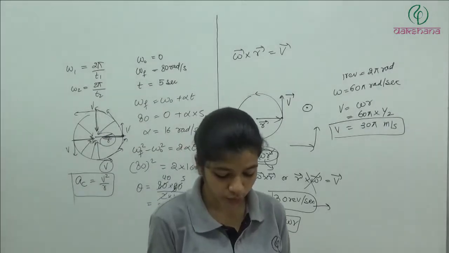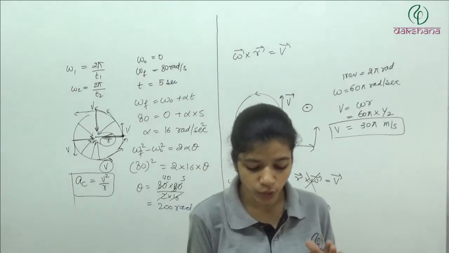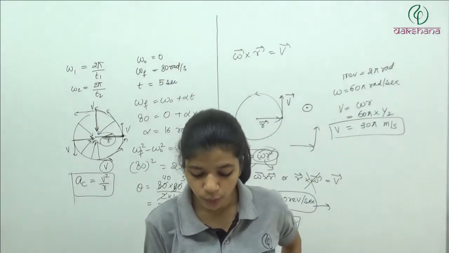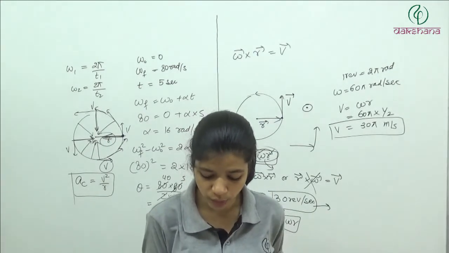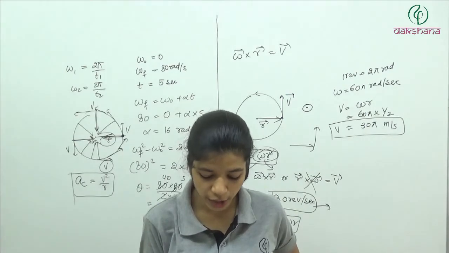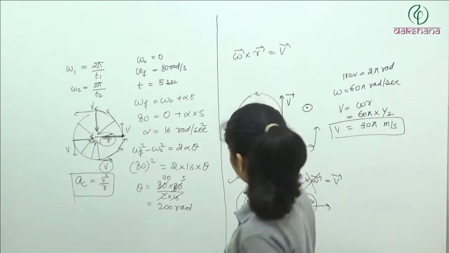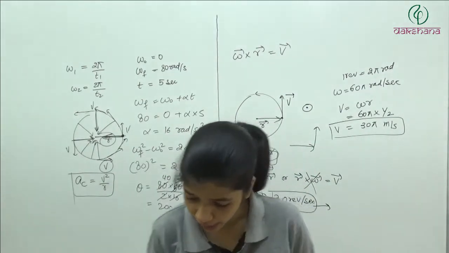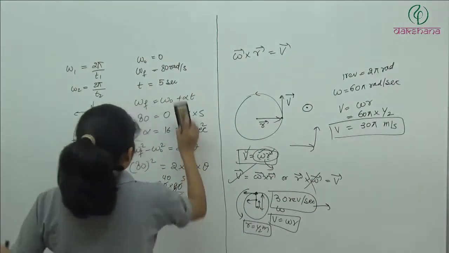Question number A6. In uniform circular motion, both the angular velocity and angular momentum vary. The angular velocity varies, but the angular momentum remains constant. Both the angular velocity and the angular momentum stay constant. The angular momentum varies, but the angular velocity remains constant. So now we have to talk about the angular velocity and angular momentum in case of uniform circular motion.